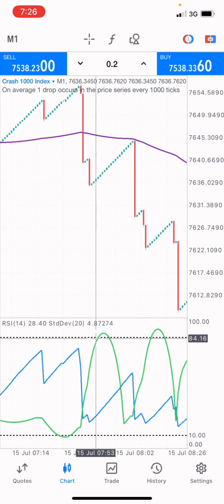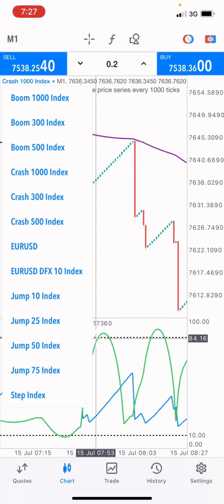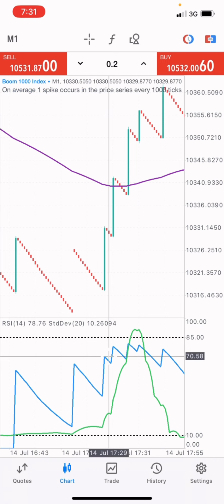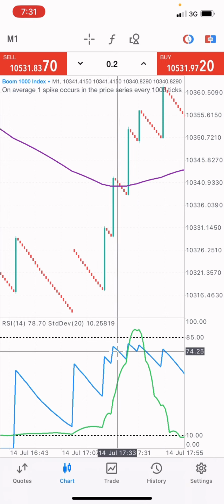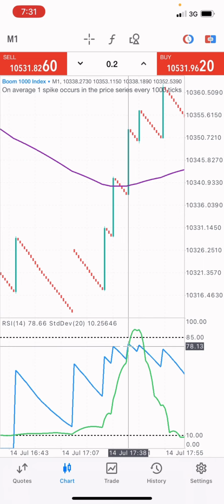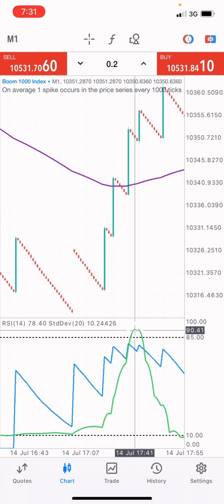So now let's go to the boom 1000 index and show you guys how you can use the strategy. The boom 1000 strategy is a bit complex. I'm going to show you things you can avoid so that the market won't spike or crash on you. So guys, on the boom market, when you see the relative strength index is about to reach the level 85, or at this very point, let's say at level 70, guys, do not take a sell. Even if you see the